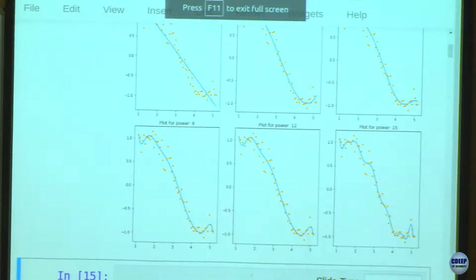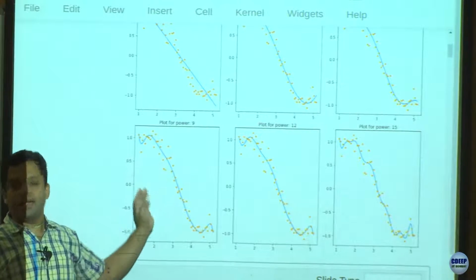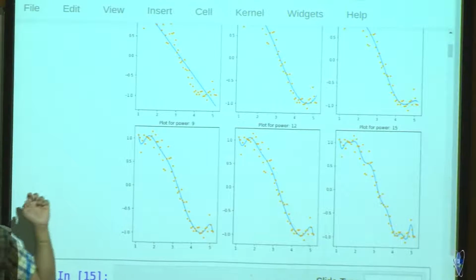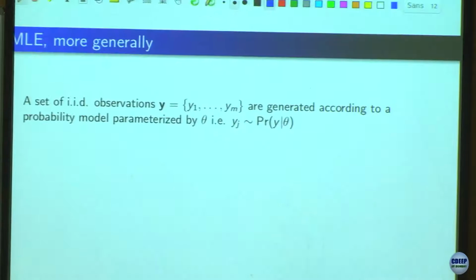Just going back to what we've been showing. So I plot these points, I have the points already, which means I have the data. Now for different w's, I'm trying to find out which fit is the best. So that's how I'm trying to maximize the likelihood. So more generally, a set of IID observations y are generated according to a probability model parameterized by theta. For example, theta is w for us, and you're looking at yj given xj. So the problem we are interested in is w star, MLE, maximum likelihood estimate,